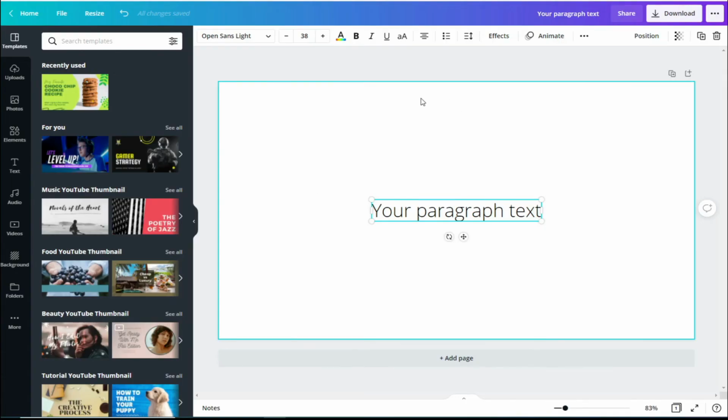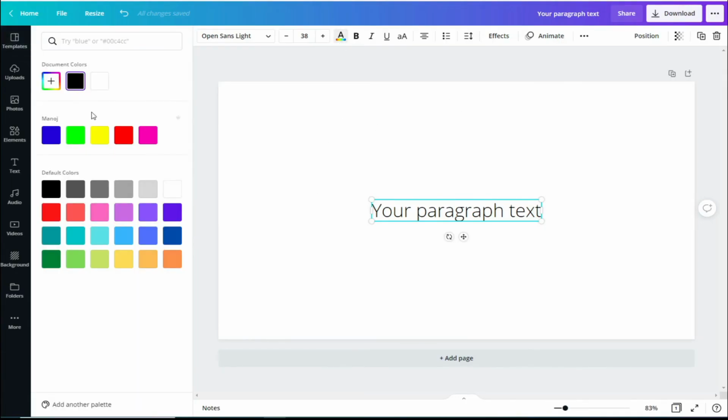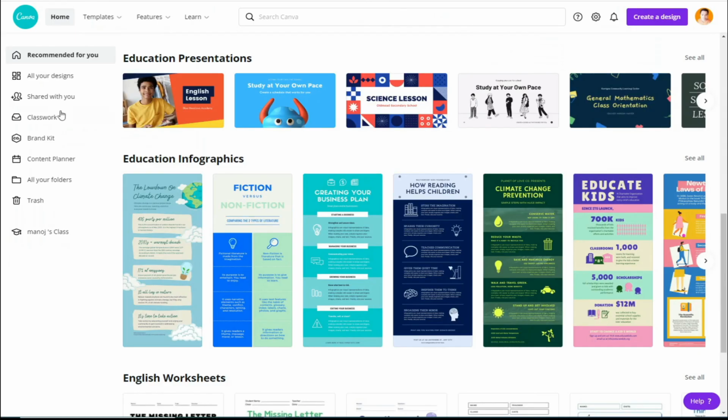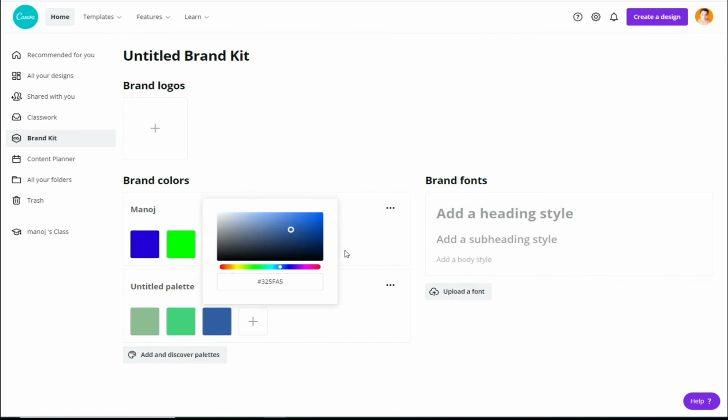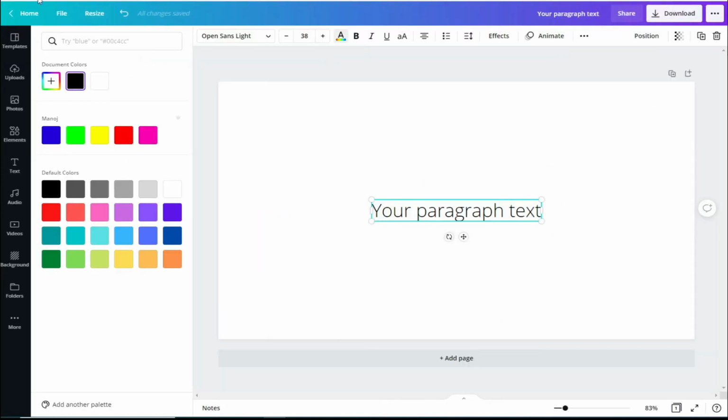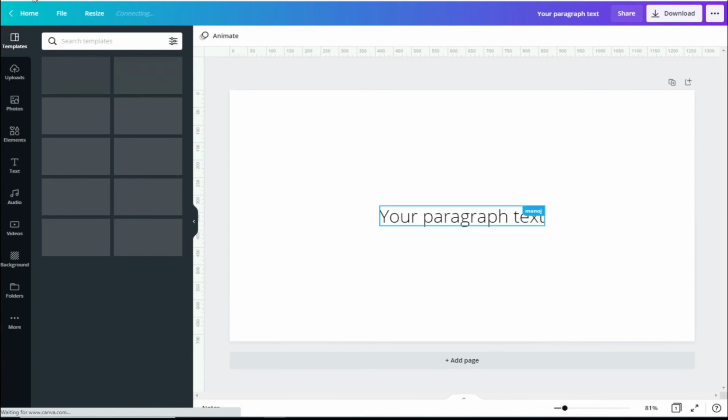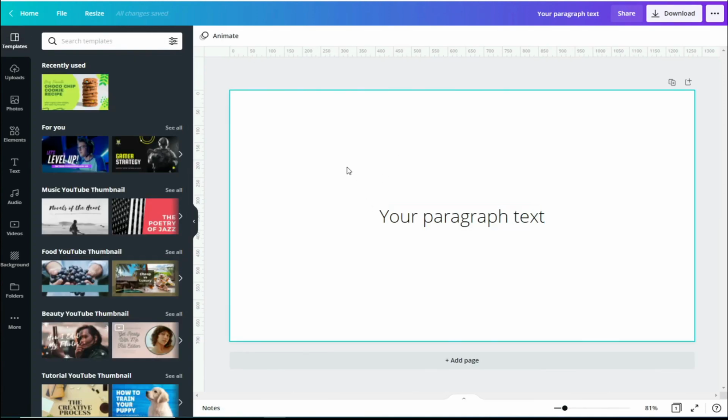Next up, if you use specific colors on a regular basis, it's wise to use the brand kit so that you can refer back to it. Like mine right here. I have got some colors that you can see here. That's my color palette based on my branding. All you need to do, if you are on the design, you can click on add another palette, or from the home page, click on brand kit from here. Click on add new palette, select all the colors that you want. Once it's added, give it a name to start using your brand color.